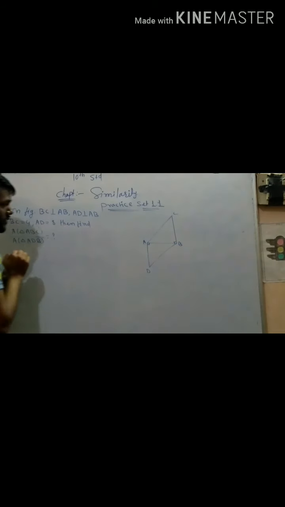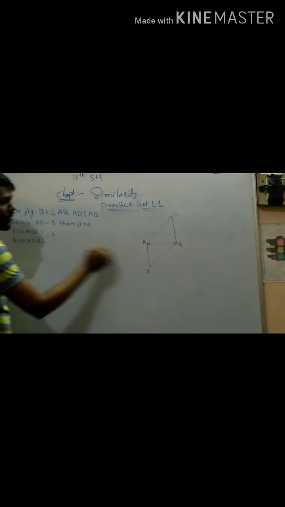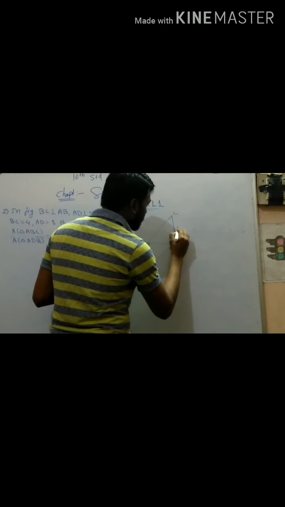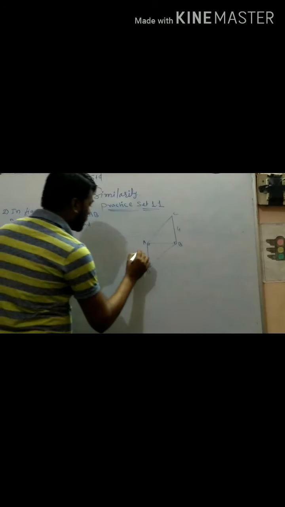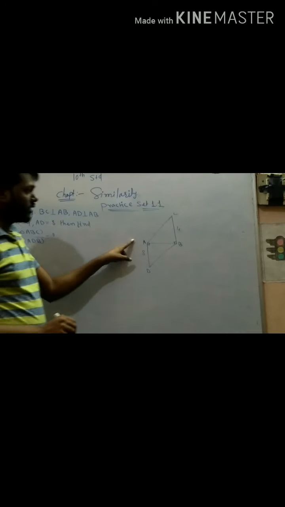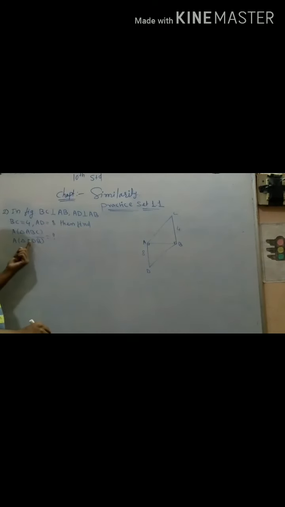Then ABD is another triangle. So AD is perpendicular to AB and BC is perpendicular to AB. There are two triangles in the question. They are given BC is equal to 4 and AD is 8. So I write down the information. There are two triangles, so what do we need to find? We need to find the areas of these two triangles.